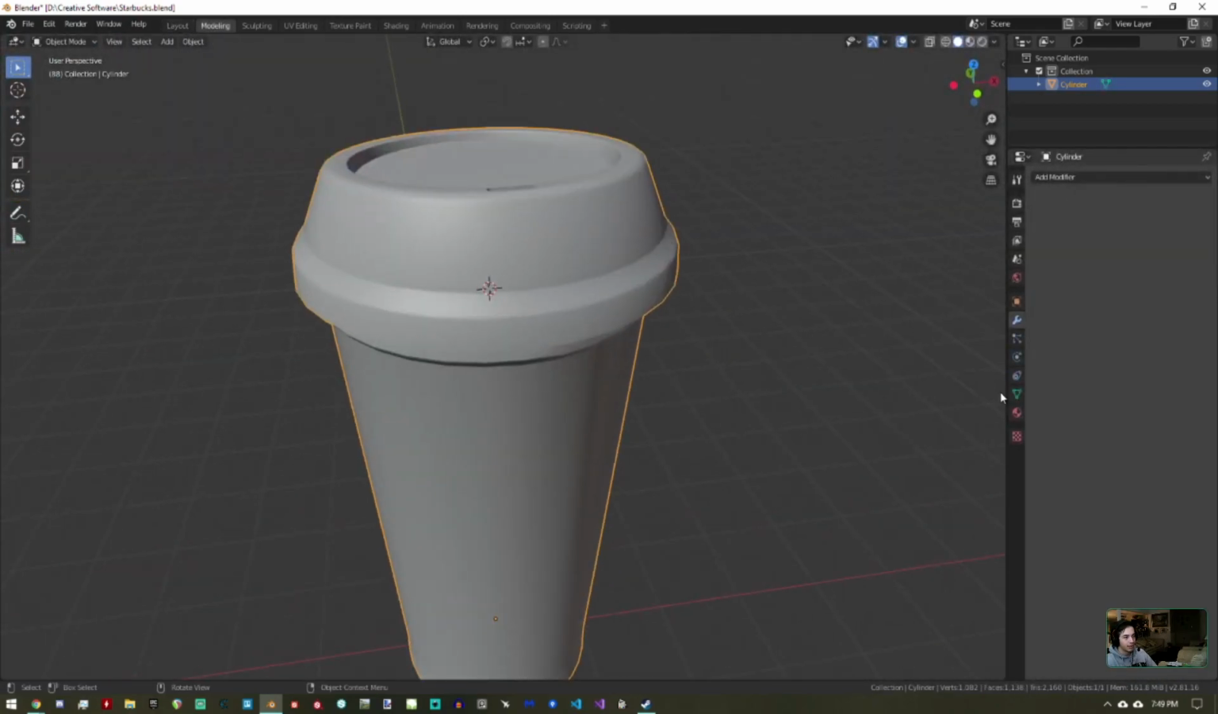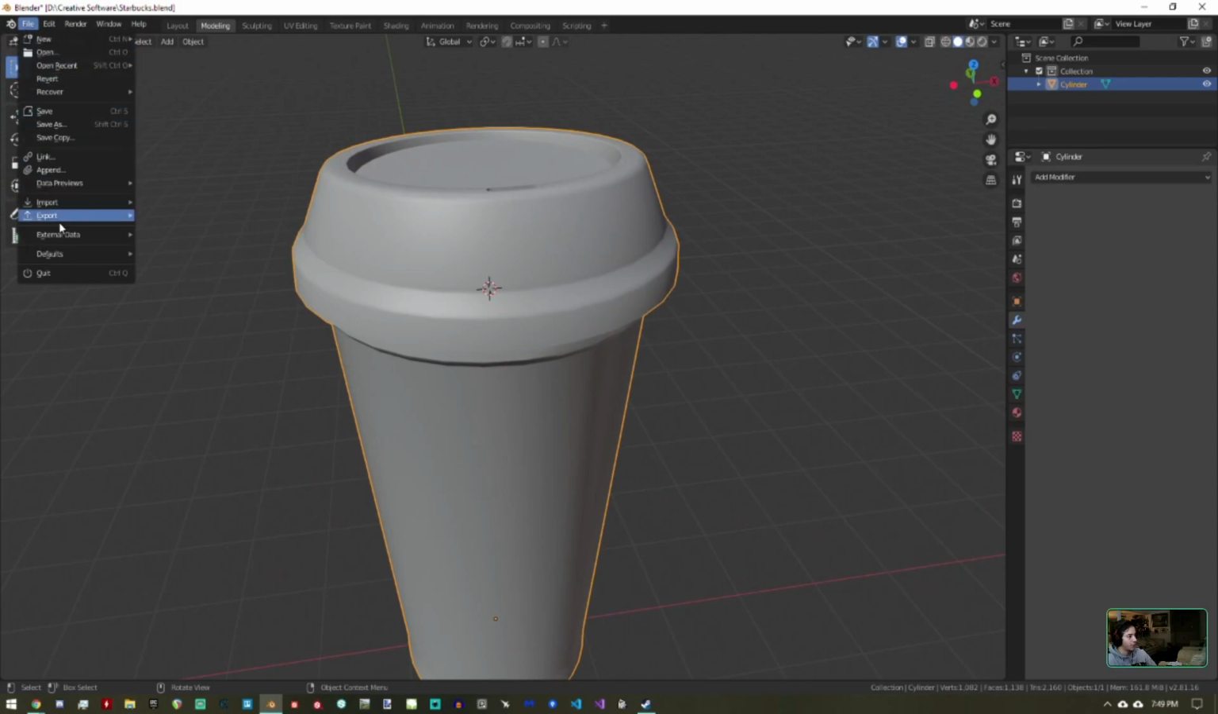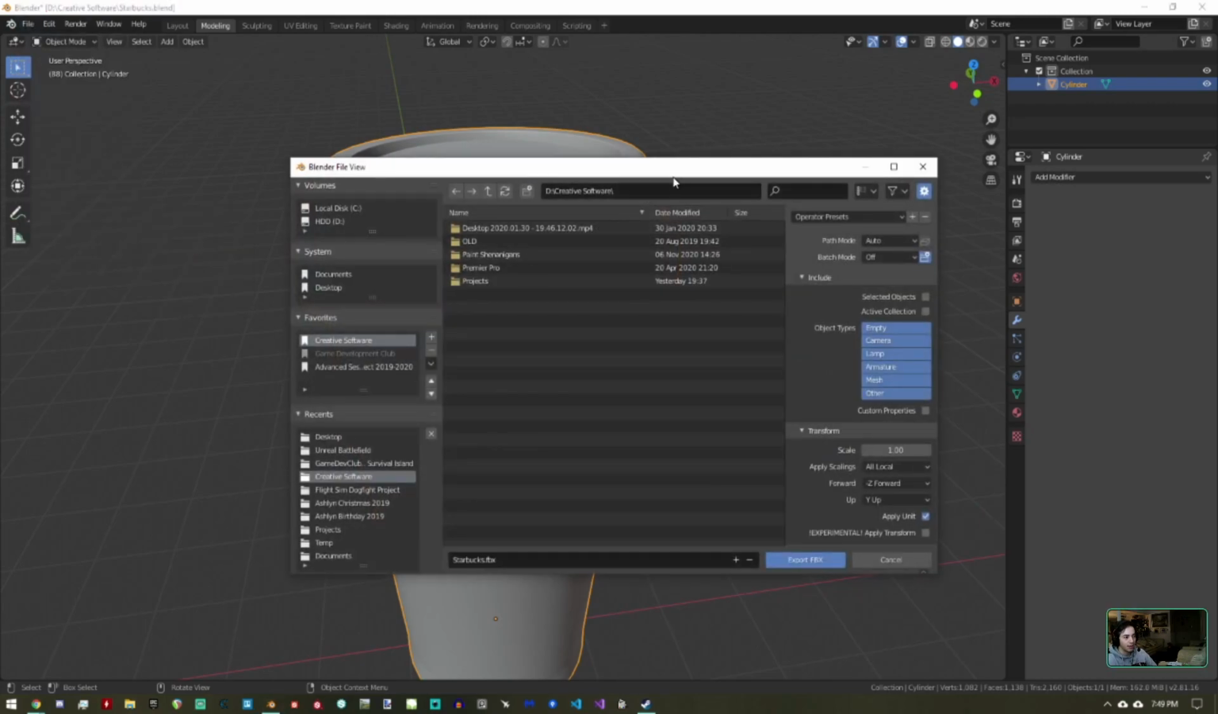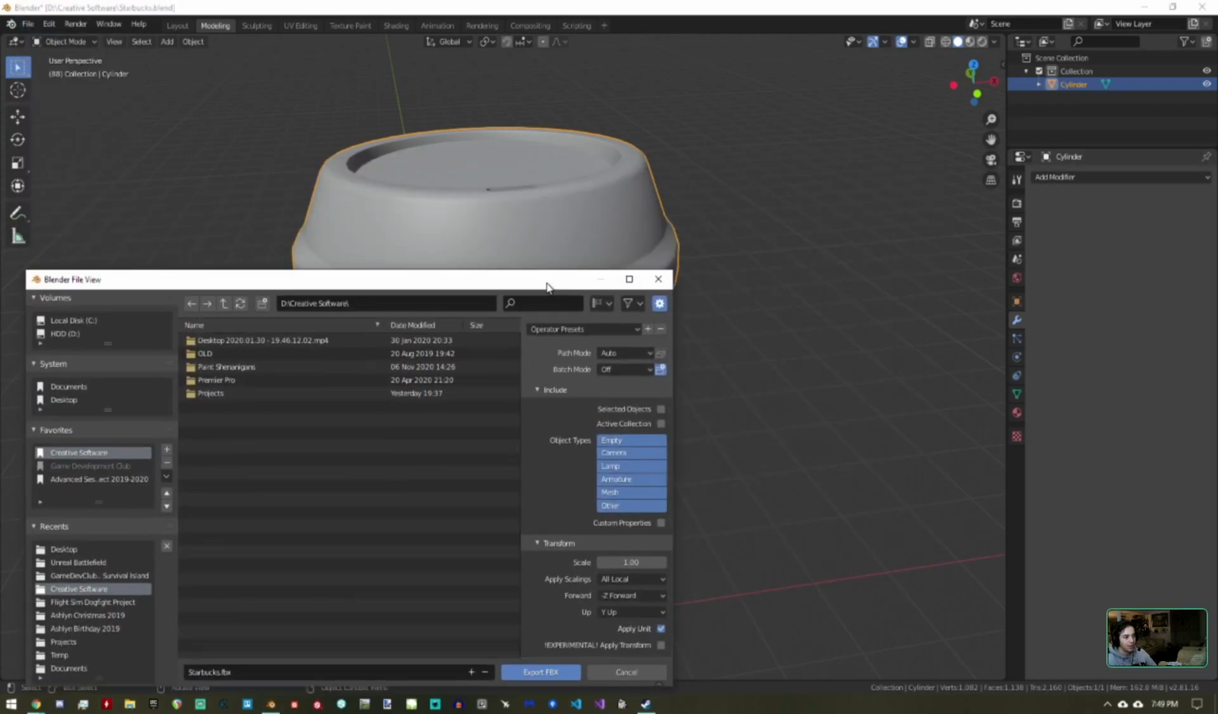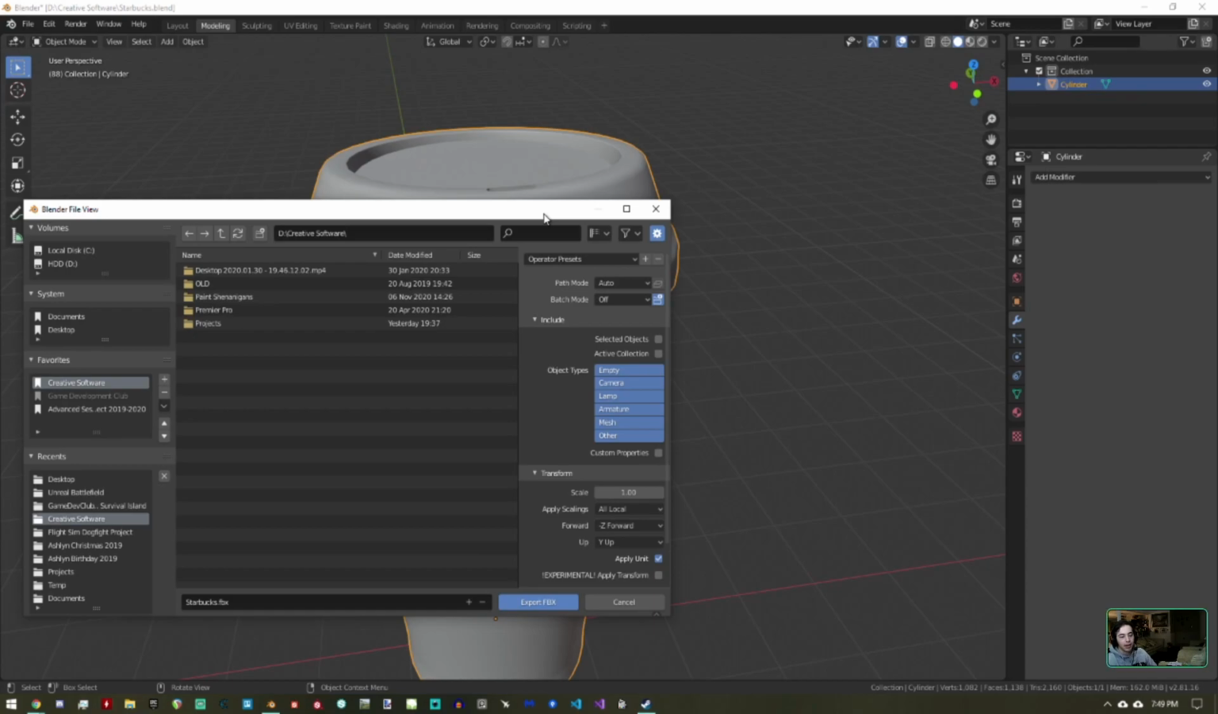To export this, we go to File, we do Export, and you do FBX files. That's the file type that we send out from Blender. It is the file type that Unity prefers. It's the file type that Unreal Engine prefers. FBX is going to contain the material IDs. It's going to contain vertex normals. It's going to contain,